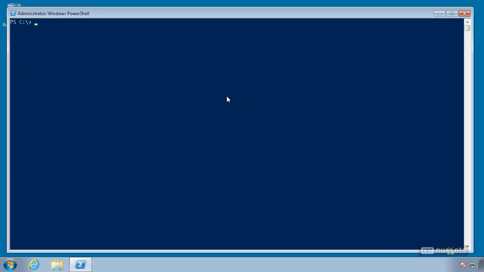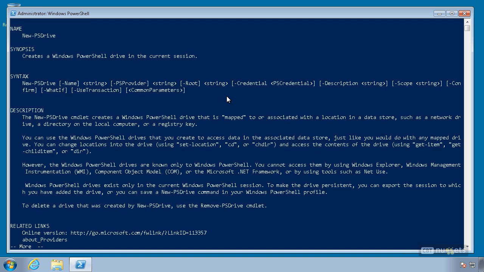Number 8. In PowerShell version 2, can New-PSDrive be used to map a drive in Explorer? What about in PowerShell version 3? Let's take a look at the help for New-PSDrive. There's a distinct difference between this command in version 2 of PowerShell and version 3 and later. In version 2 of Windows PowerShell, this command cannot be used to create a drive mapping that will appear